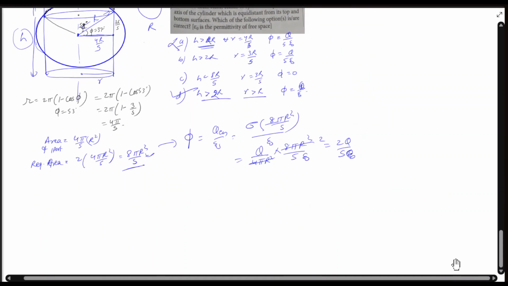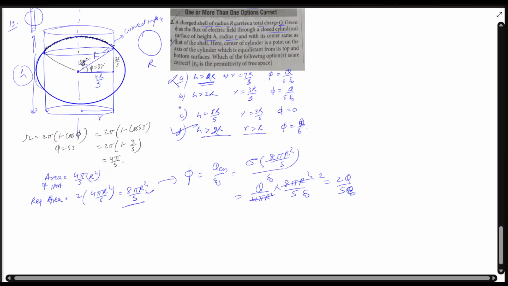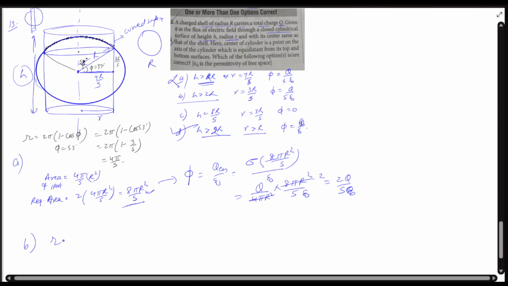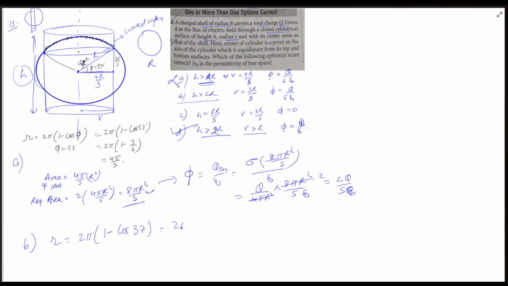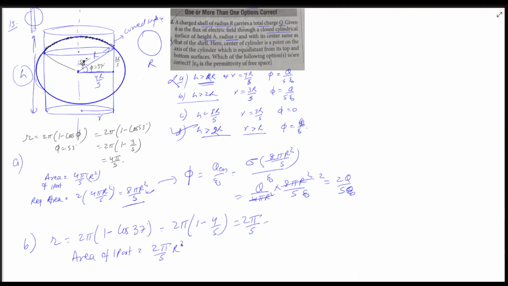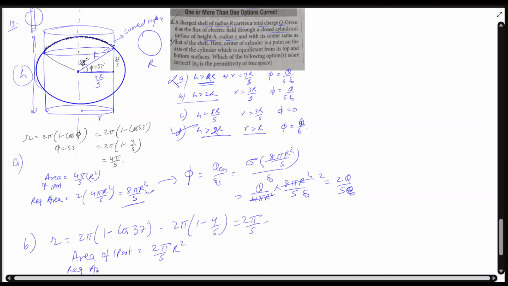Let's go and solve the B part. This time it will be 3r by 5. So this was the A part, okay? Now for the B part, it will be 2 pi (1 minus cos), this time 37 degrees. So it will be 2 pi (1 minus 4 by 5). So it will be 2 pi by 5, right? Okay. So area of one part will be 2 pi by 5 r square, and the required area is twice of that, so it will be 4 pi by 5 r square,